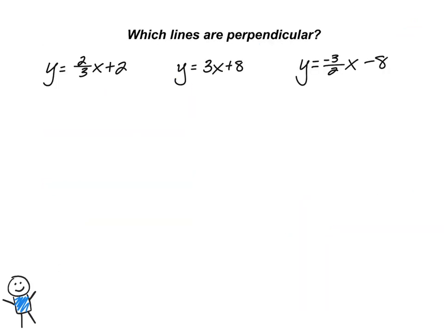We are being asked which lines are perpendicular. Perpendicular lines, recall, meet each other at 90-degree angles. They make a plus sign when they cross. So it's pretty easy to see perpendicular lines when you have a graph or an image, but what about when